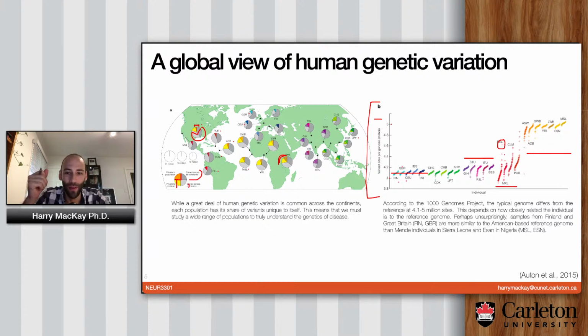Now, it's maybe obvious, but maybe not. If the reference genome had been made up of, say, for example, Mende individuals in Sierra Leone, MSL, if those people had been the reference genome, then this whole plot would have been reversed. They'd be down here, and all of the British people would be up here, and the European people would be up here. So it really just depends on who you define as the reference. And, not surprisingly, all the people who did this decided that they should be the reference, so they made it so.